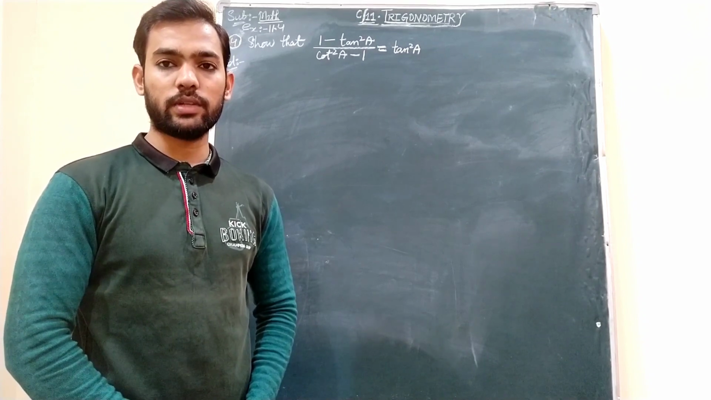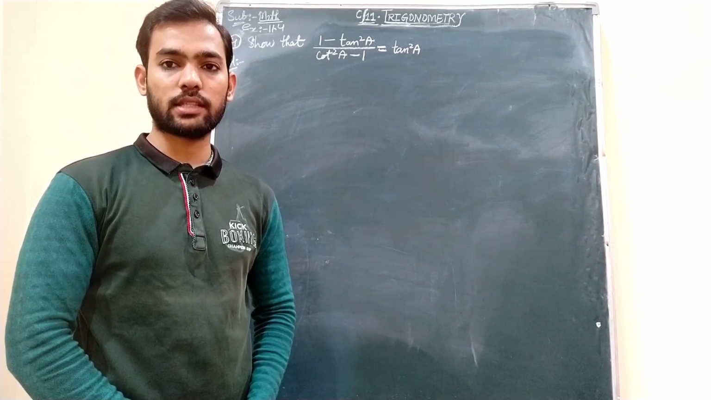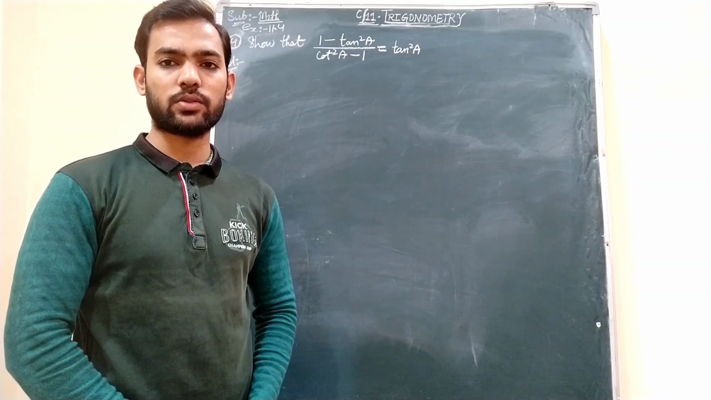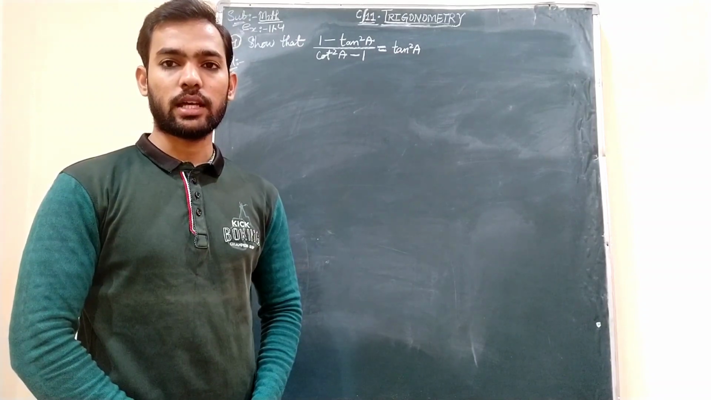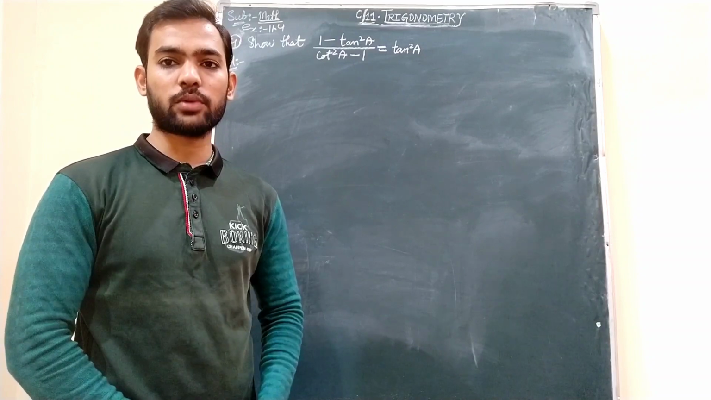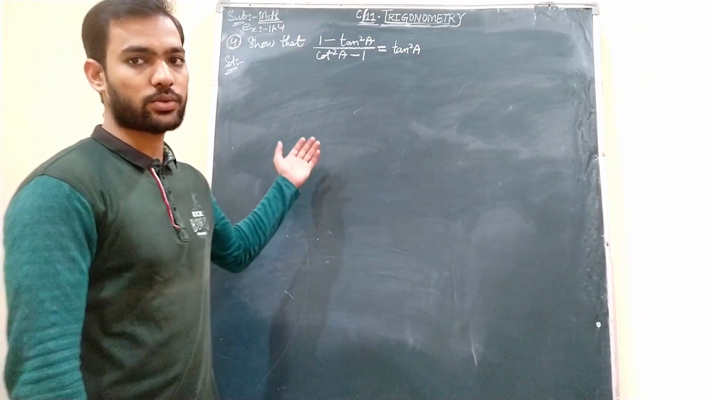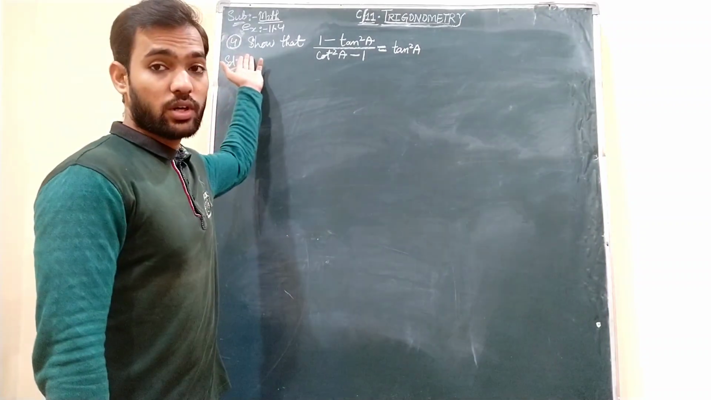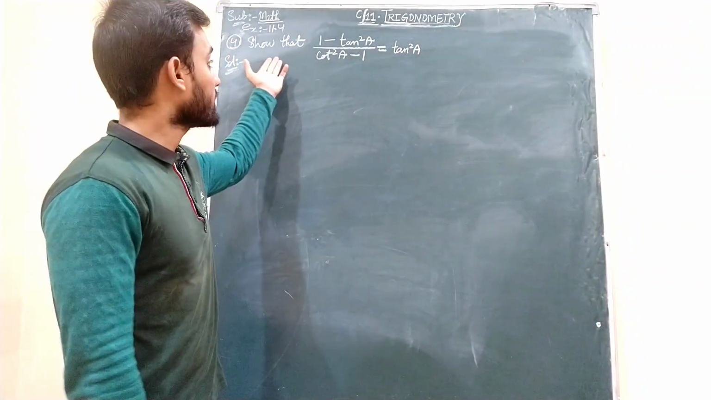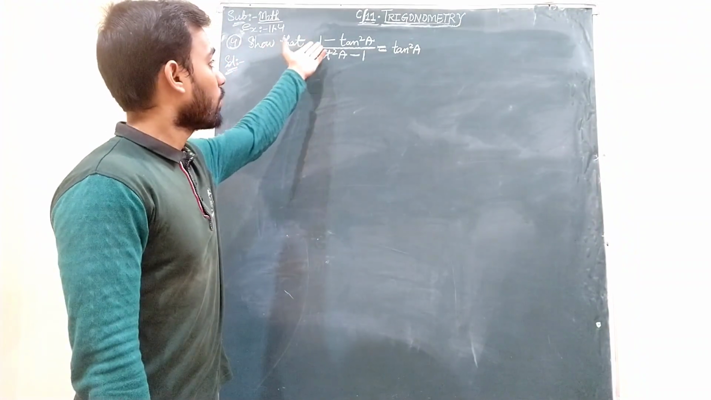In our last video we have done few problems of exercise 11.4. As I said, those were very important questions, and today also we will proceed with the remaining problems of exercise 11.4. So here now this is question number 4 of exercise 11.4, which says that show that 1 minus tan